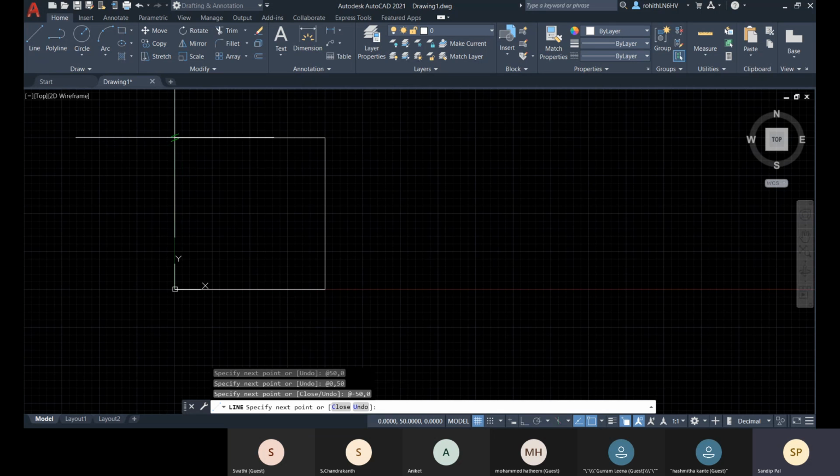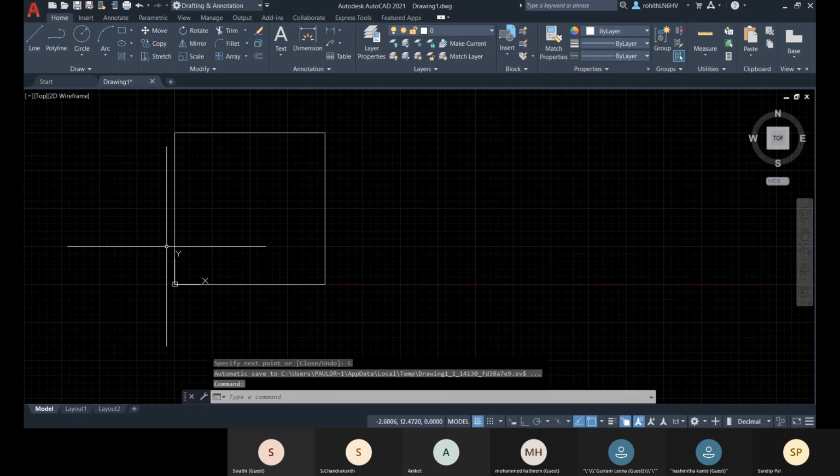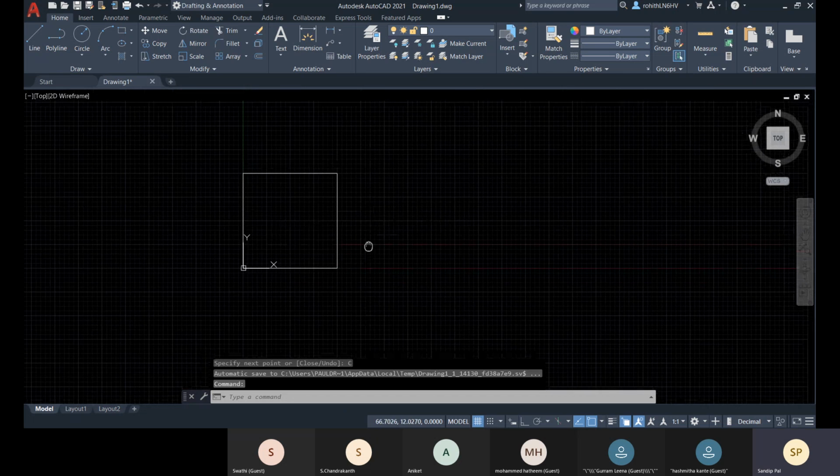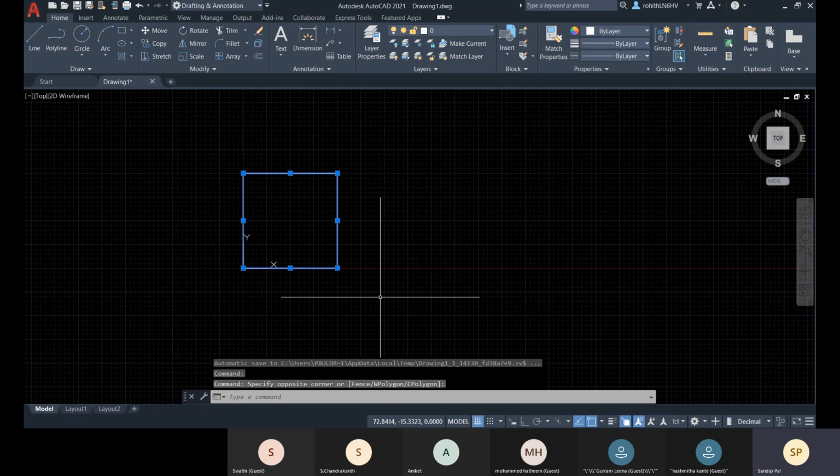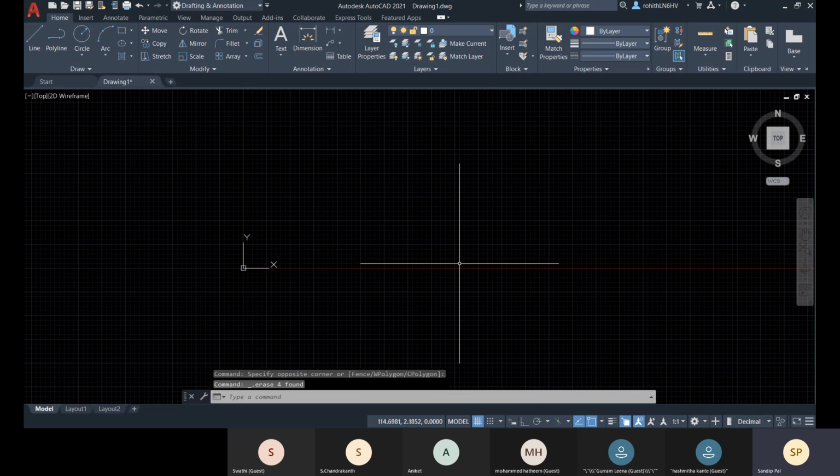From the last point, it will close one segment with the first point you have started. Okay, so that is your normal Cartesian coordinate systems or Cartesian coordinates.